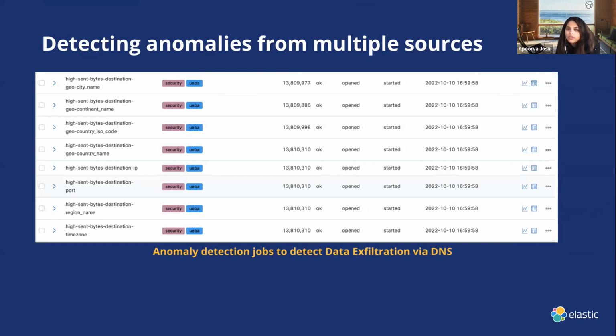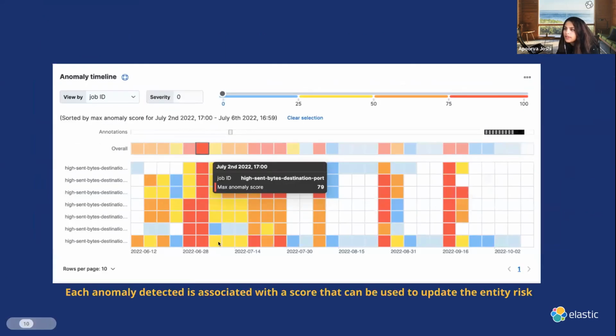For data exfiltration specifically, and we are starting with exfiltration to repositories and to the cloud, we start by looking for suspicious volumes of traffic sent by a user to specific geolocations, or things like corporate connections from internal hosts to uncommon IP addresses. And the nice thing about the module is that each anomaly detected by it is associated